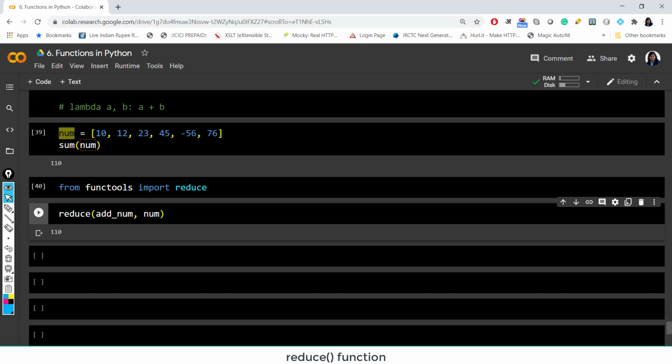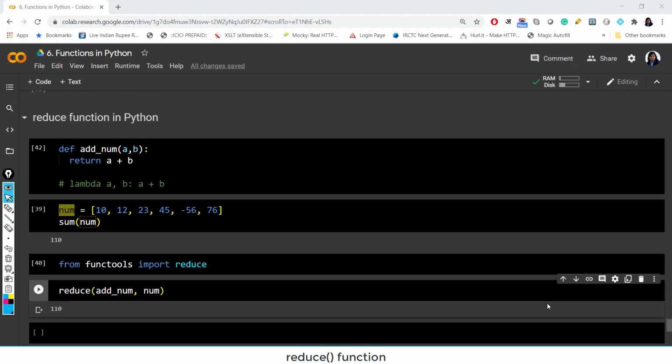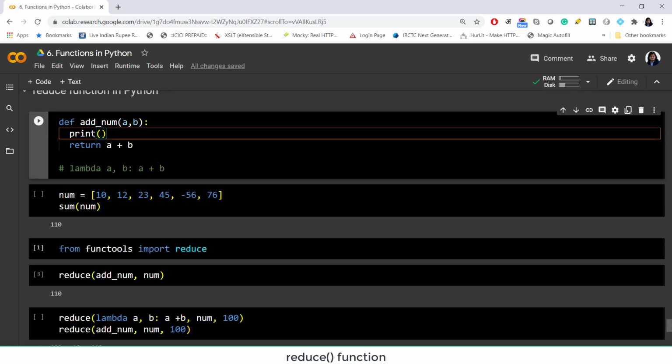So here our focus is to get the result. Our focus is not how we are getting the result, but behind the scenes the reduce function is working recursively. It is adding up elements one by one and giving us the result, right? But how can we see how the reduce function works? Because we are just getting the final output. We are not sure that it is working on the logic of applying it to two elements, then using the result and repeating the process. So how can we make sure how reduce is doing the calculation? For that, in this function definition, we can add some print statements which print the intermediate steps for us so that we can see what the reduce function is doing behind the scenes, right?